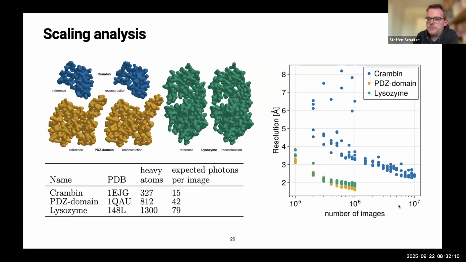If we look at how many images are required to reach a given resolution, for the smallest one it's by far the highest. That is just because the images there contain fewer photons. And if there's background noise and all that stuff, then this effect is much more clear. In the end, that's really the reason why this has so far experimentally been applied to viruses, right? Much larger stuff where you get millions of photons per image.